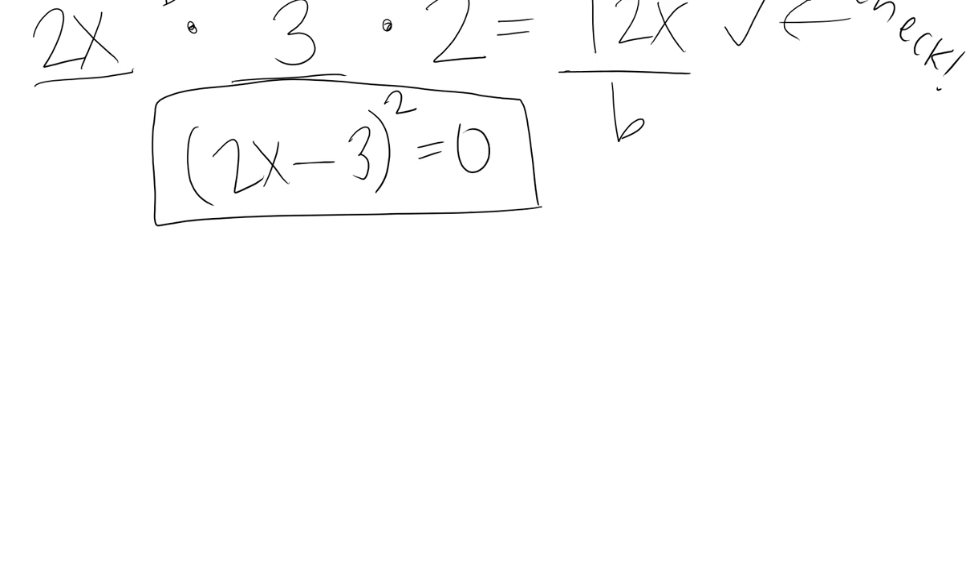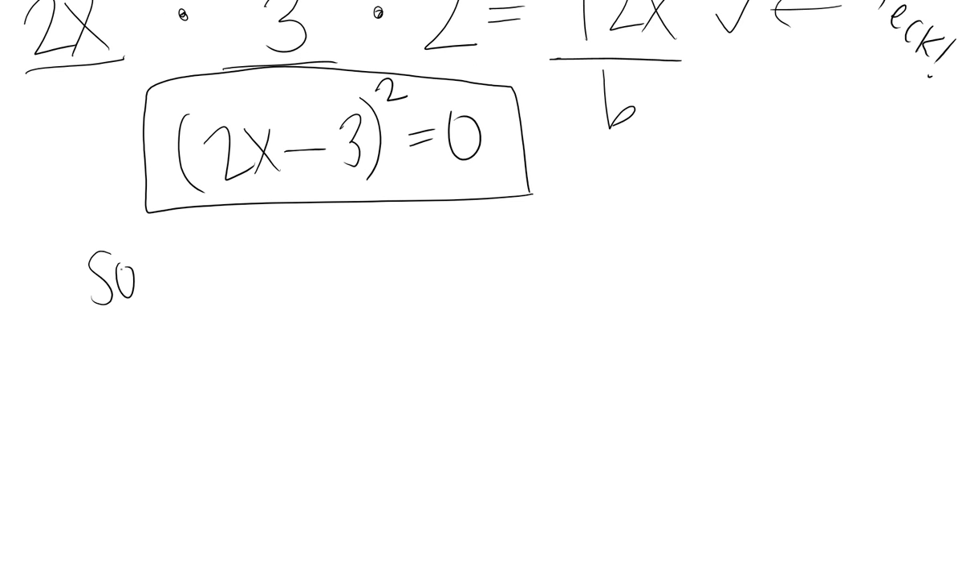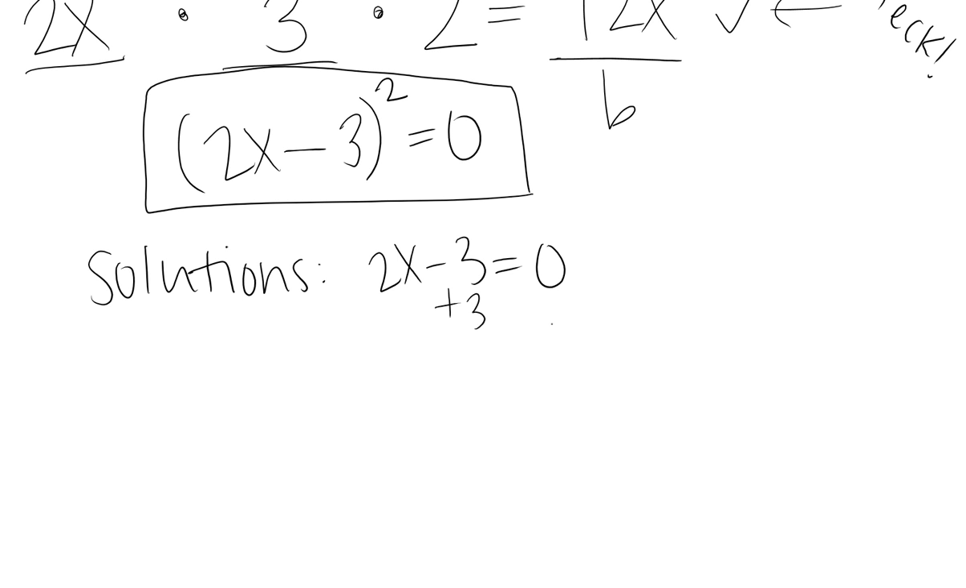Then to get the solutions, again, you have two factors, but they're both the same. So we can just take one of our factors and set it equal to 0 and solve. So we would add 3 and then divide by 2. So our solution to this problem would be x equals 3 over